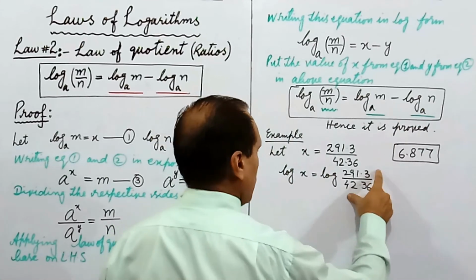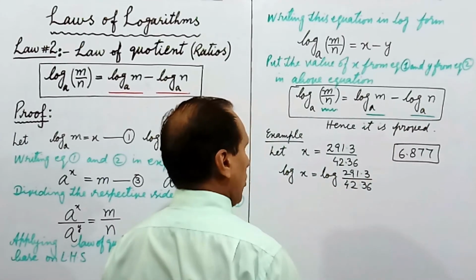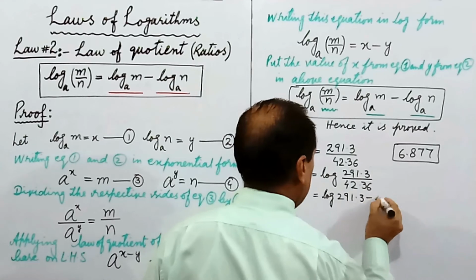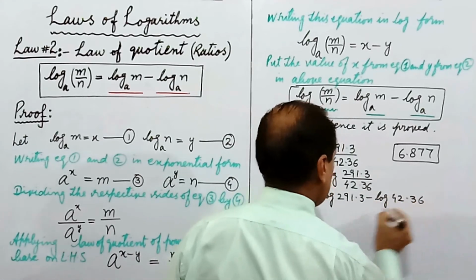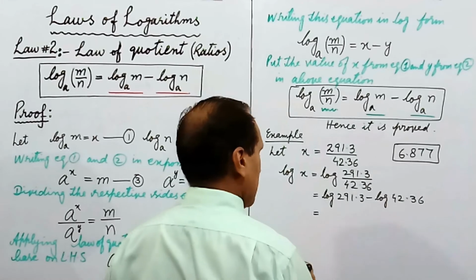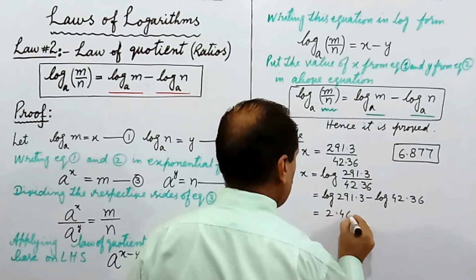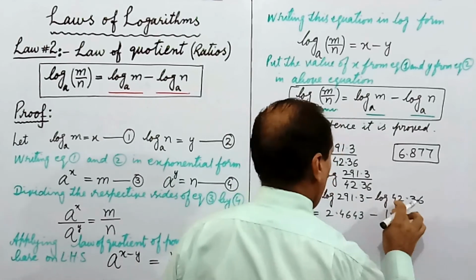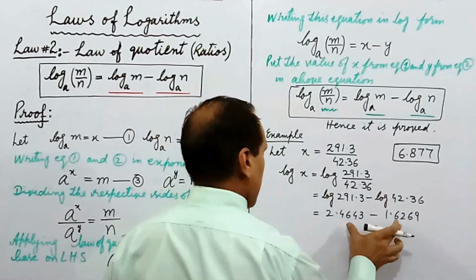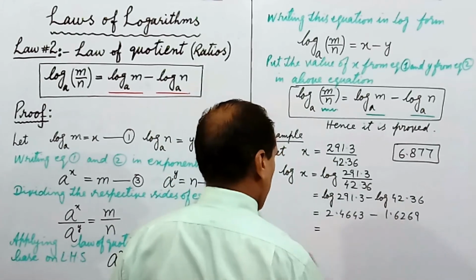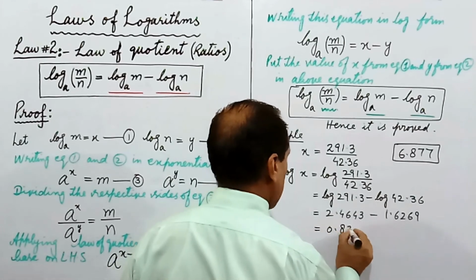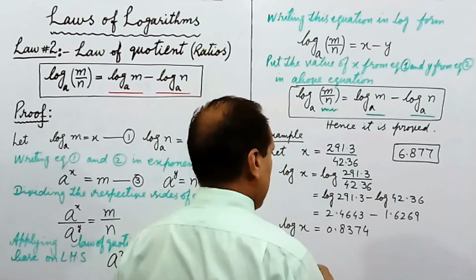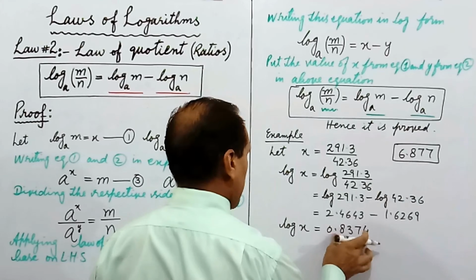So here we have a ratio with log, so we apply the second law of log. We have log 291.3 minus log 42.36. We take the values of log by using a calculator and we have 2.4643 for log 291.3 and 1.6269 for log 42.36. We find the difference of these two and we have 0.8374. Now we have the value of log x, and by taking antilog of this, we have x equal to